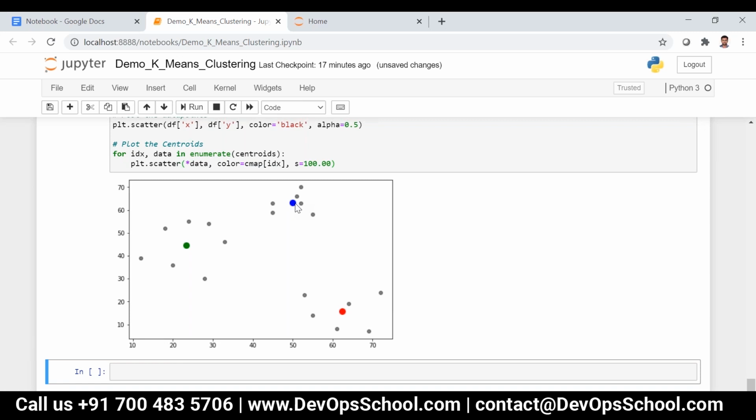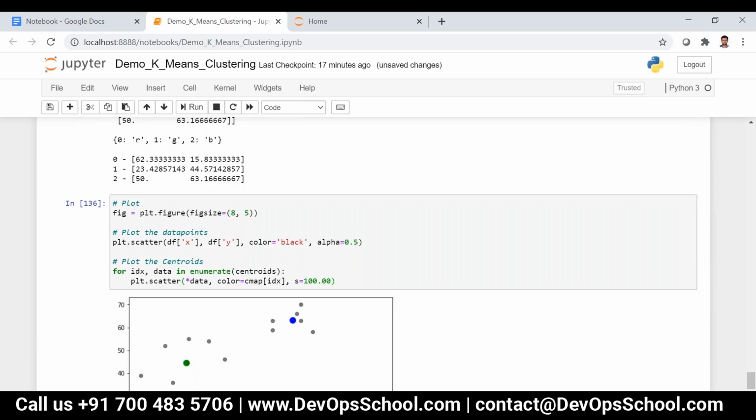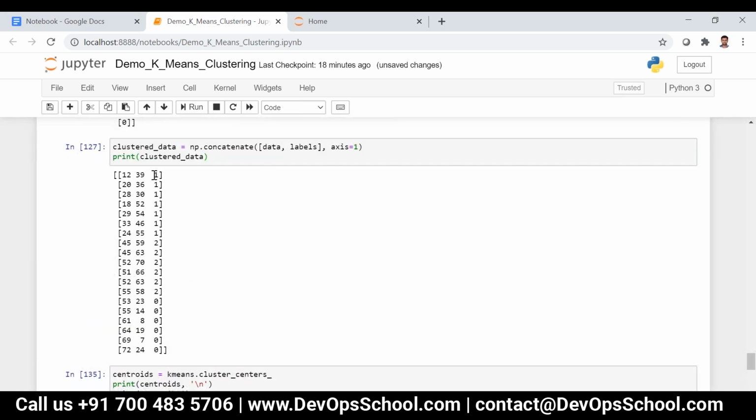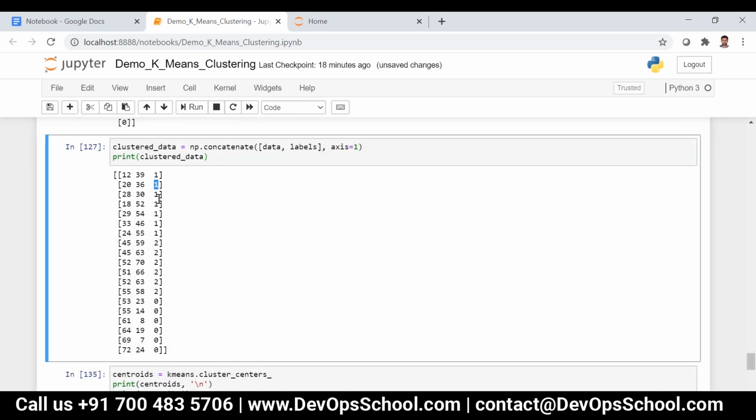Now what we can do over here is assign the colors. Because here if you see, I have so many things in the cluster data. Depending on these particular labels, I have to assign the color to them. What is 1? Green, so I have to assign green to it.